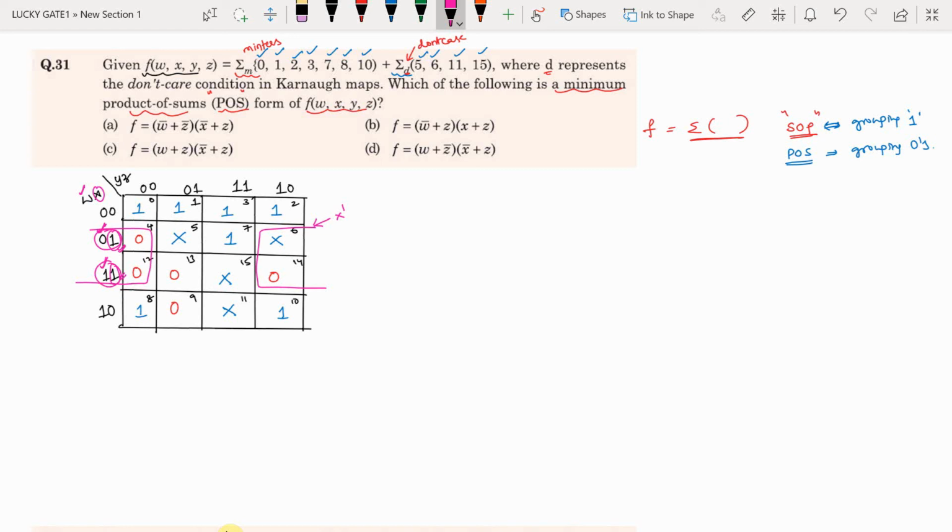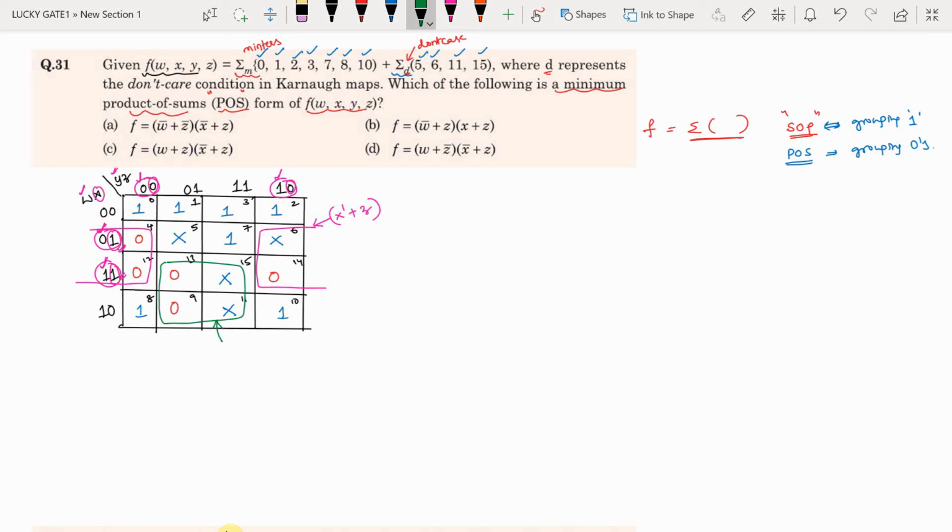If it is in SOP form, that is represented with the uncomplemented form. Now look, this quad is also covering this column and this column. In these columns, just observe the first value, that is Y, that is differing, and the second value, that is Z, is the same in both columns, and that Z is 0. That 0 in POS form is represented in uncomplemented form. We call it one sum term. Now you have to see that all other zeros also need to be covered. Now look for the possibilities. Here you can observe these two zeros along with the two don't care conditions are forming one quad.